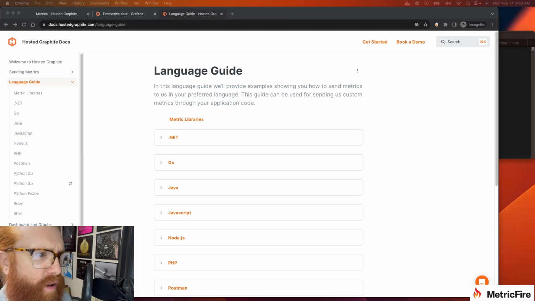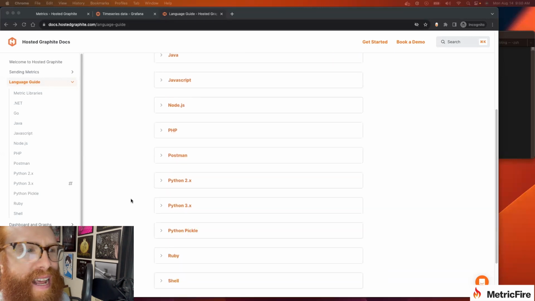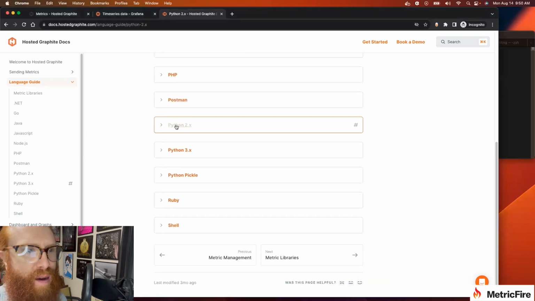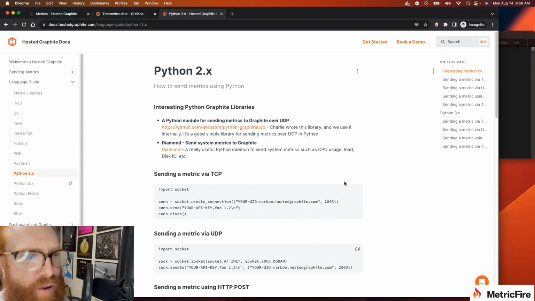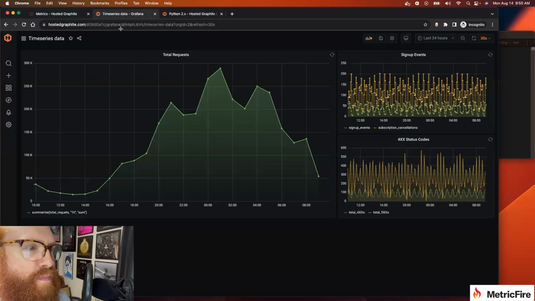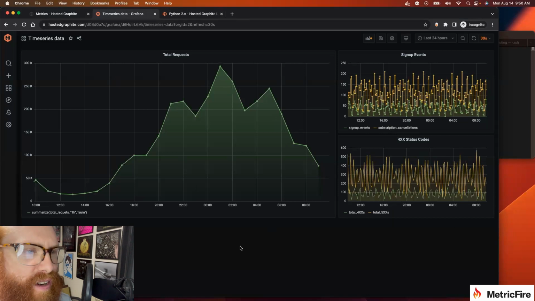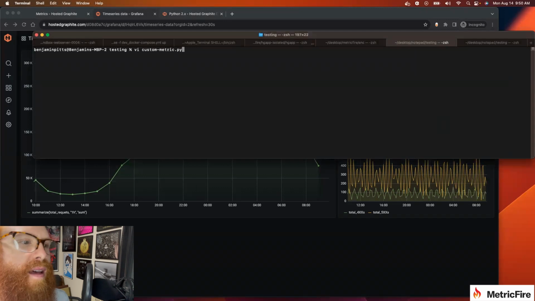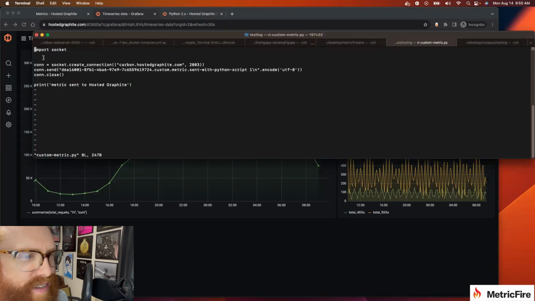All right, let's talk about how to send custom application metrics, which is a good way to gather more specific data around your app's performance. We provide code snippets for all the popular programming languages, and you can configure these throughout your codebase to send us metrics using a socket connection. So these types of metrics are useful for tracking events in your app, like logins, requests, response status codes,